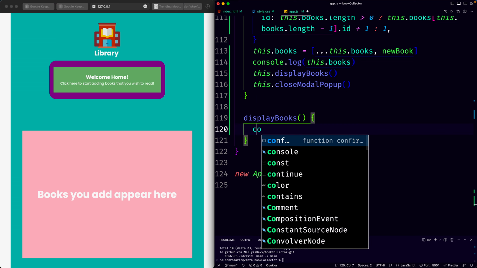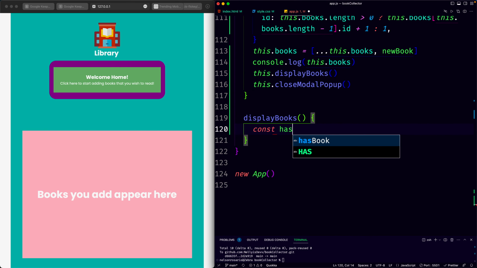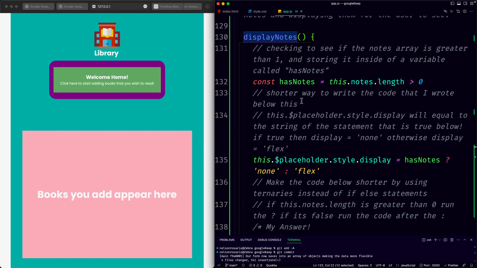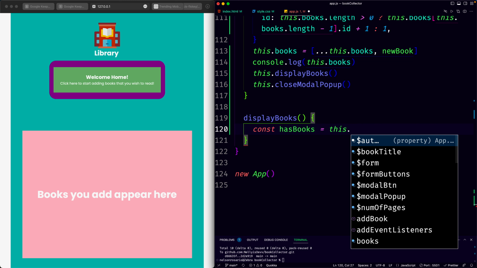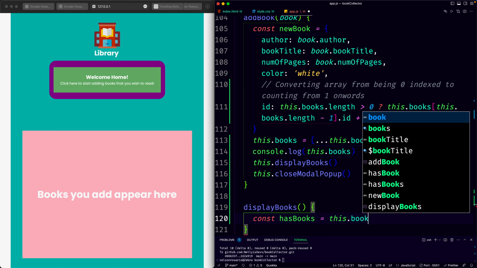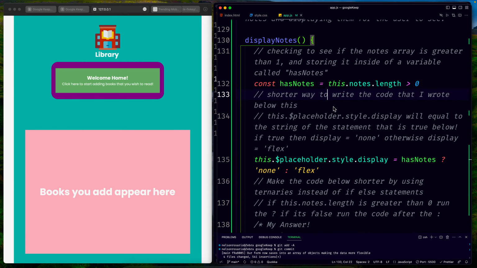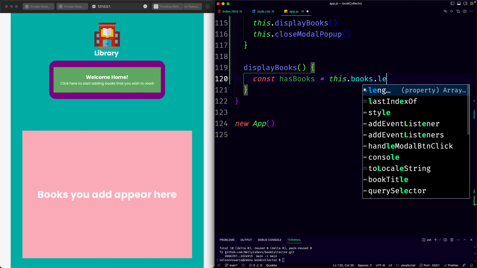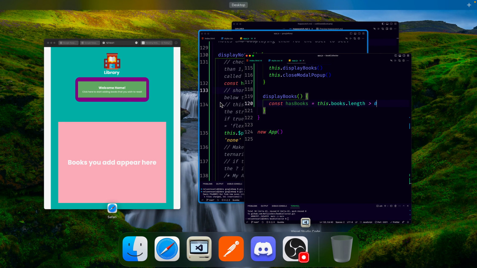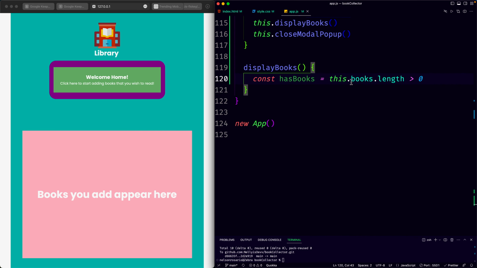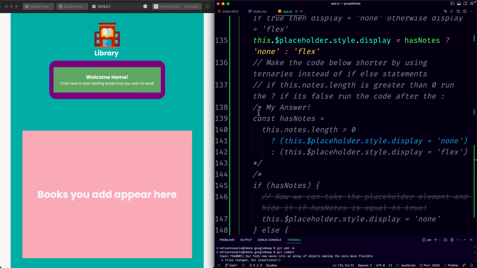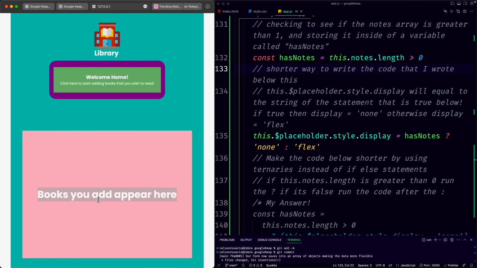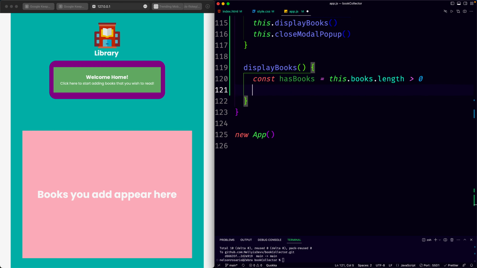So basically we're going to ask ourselves const has books. So basically has books is going to equal this dot, what's our array type? Books. This dot books, and it's basically going to say dot length is greater than 0. So if the length of the books array is greater than 0, then we want to run a piece of code. And the piece of code is going to remove our books placeholder. So we can do this by saying this